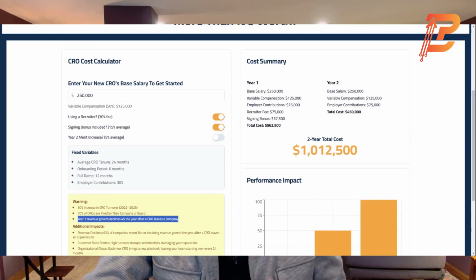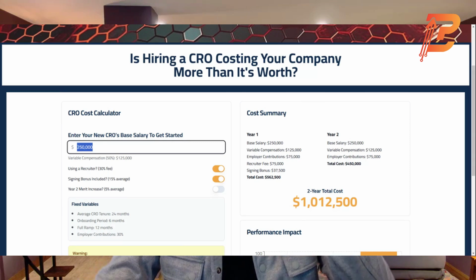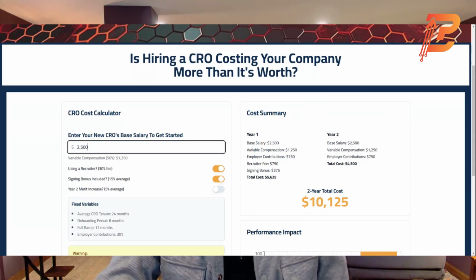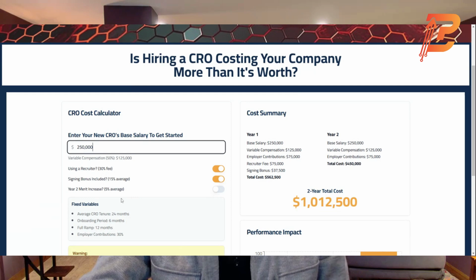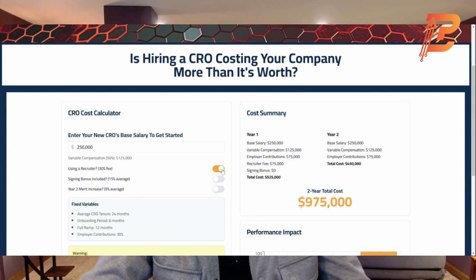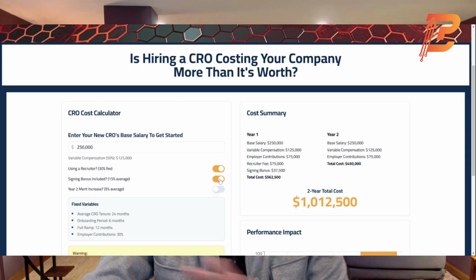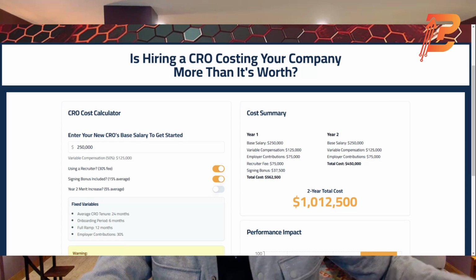So when you look at this calculator, it's really simple to use. You put in a base salary, say $250,000. Like I said, we've got some of those fixed variables baked in, but then I've added a couple of toggles if you're using a recruiter. Apply the standard 30% permanent placement fee. If there's a signing bonus, this doesn't even take into account equity, so that's just another variable that you'll have